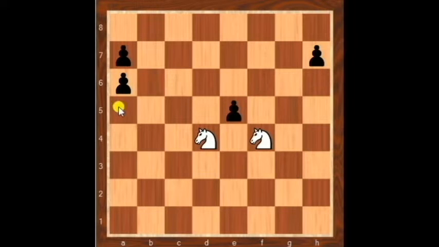So coming to these pawn movements, this pawn can go forward, but the pawn behind it at a7 cannot move because the a6 pawn is blocking, and this pawn at e5 is attacking the d4 knight and f4 knight. It can go forward to e4, and coming to the h7 pawn, it can go to h6 and h5 because it is on the starting square.